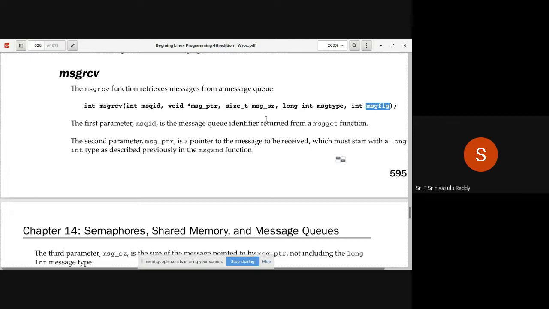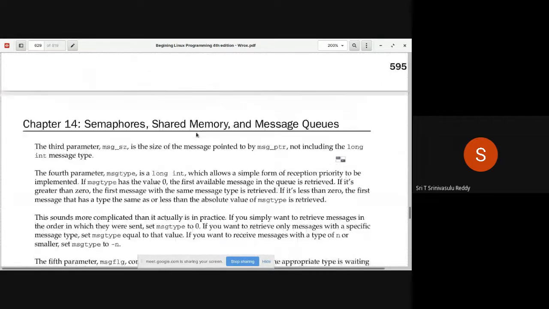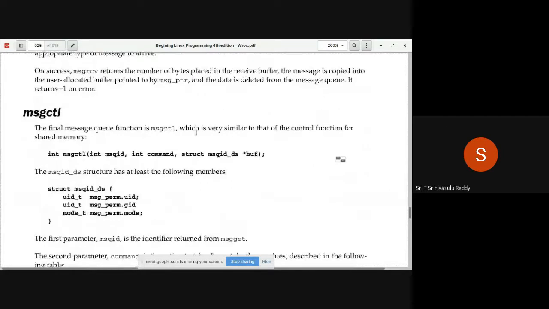And again here also, this message size is going to be the size of the structure minus the size of that long integer value. Same thing. You have to actually use that. So this is about the